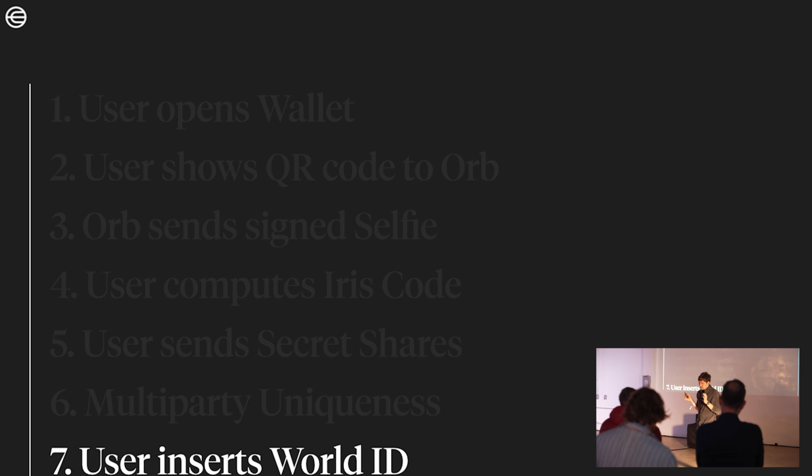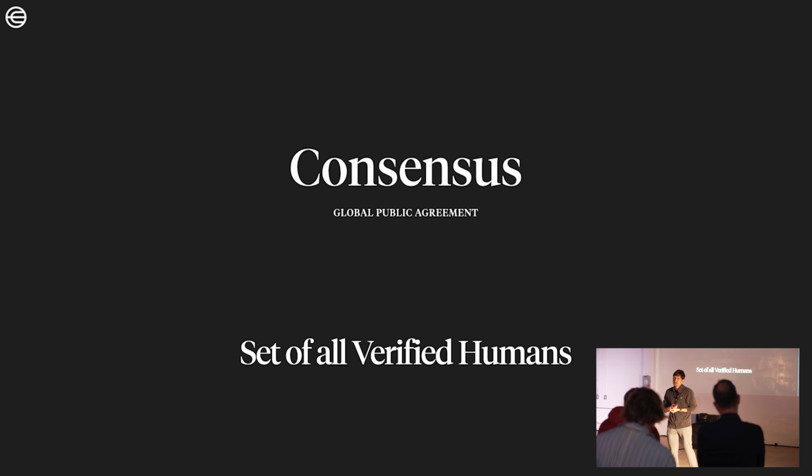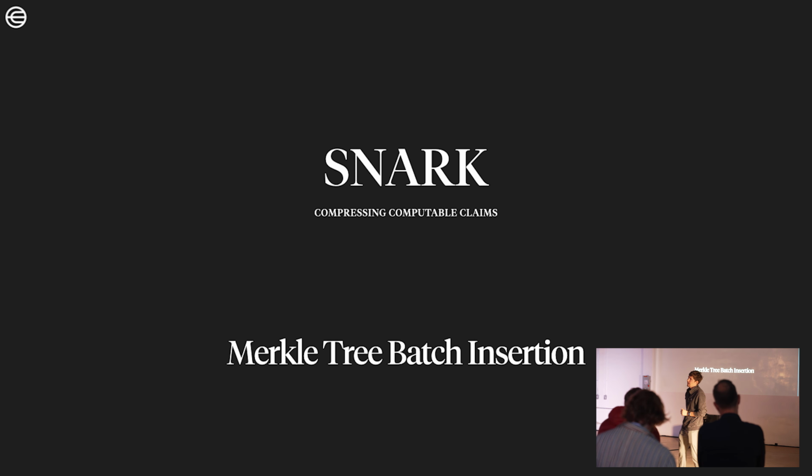Now, when that whole ceremony is done and the user has received the signatures from the MPC that say, hey, you've just submitted a unique biometric template, now the user can use that to insert their public key into the set of all verified humans. Again, this set lives on Ethereum. There is a very large Merkle tree there that contains all the public keys of all the people who've successfully signed up this way. In order to add yourself in there, we use something called a snark,